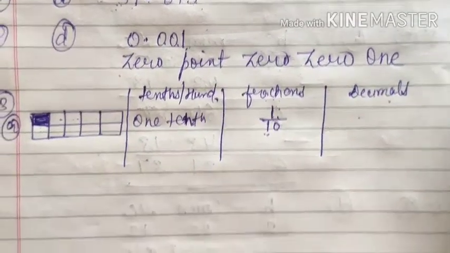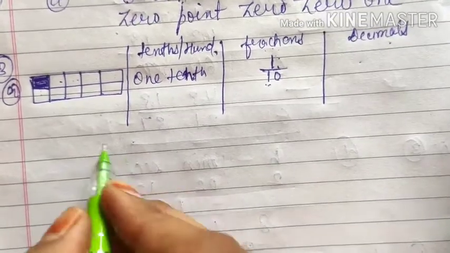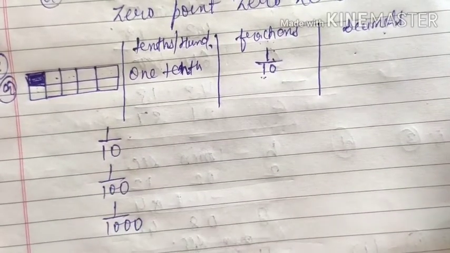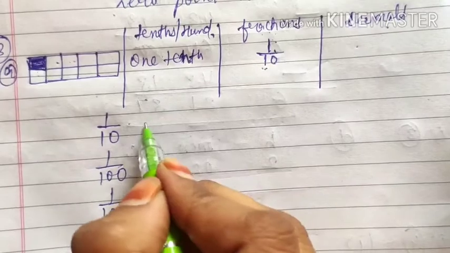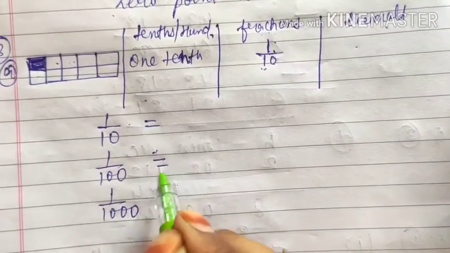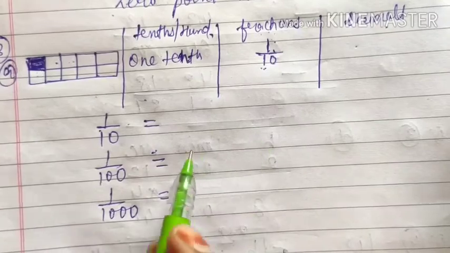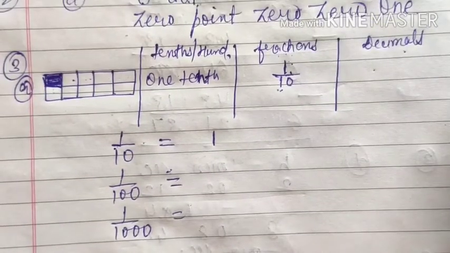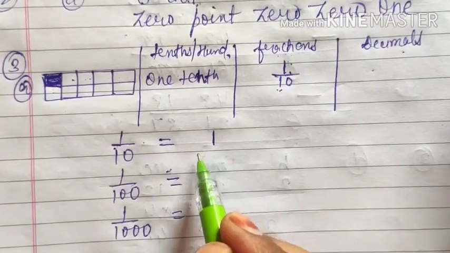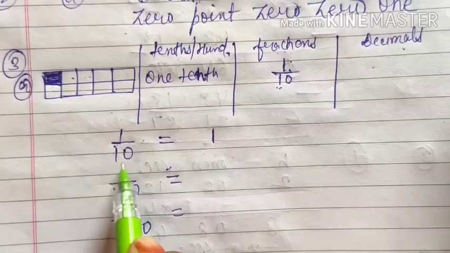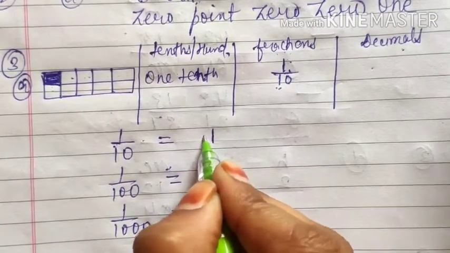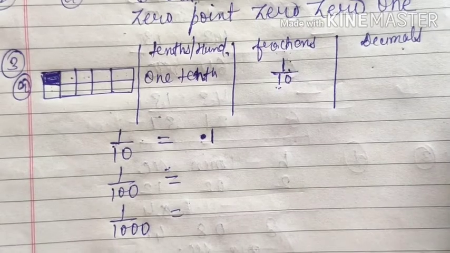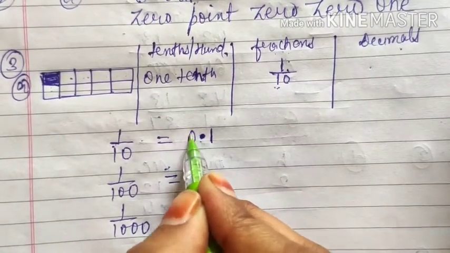That only we have to learn. So for that, generally we are talking about 1/10, 1/100 or 1/1000. Numbers can be different, we will see accordingly. For now we are learning this one. Whenever you have to write a fraction as a decimal, our first work will be to write the numerator as it is. Numerator is 1. After writing the numerator, we will see how many zeros we have in the denominator. If we have one 0, then we will put the decimal, that is your point, before one digit from the right hand side. At the very last we cannot write the decimal, so we will put here 0.1.